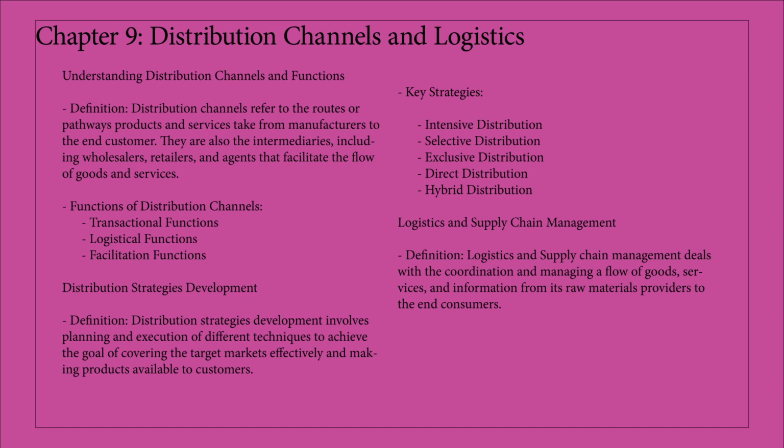Direct distribution. The manufacturer sells directly to the consumer. Intermediaries are not involved in such a case. It may be through the manufacturer's website or physical stores. Hybrid distribution. It combines the approaches of direct and indirect distribution methods to distribute products to customers, often through multiple channels. A good example could be a firm selling its products directly on the web and indirectly through third-party retailers.